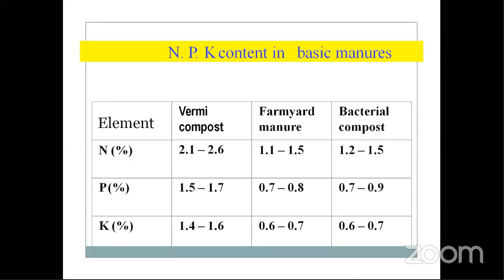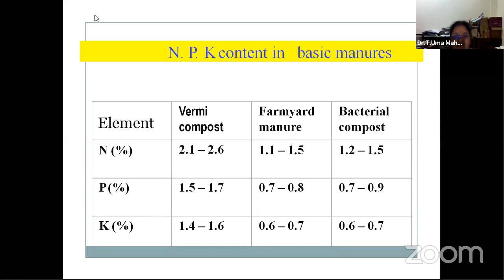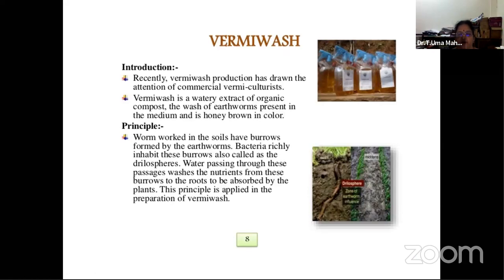So if you compare them, FYM in the middle, you have the vermicompost. You can compare here the quantity of nitrogen, phosphorus, and potassium, because these are the major nutrients required for the plants. They are always compared to the farmyard manure which we produce in the villages. When we compare with the vermicompost, it will be almost double, or more than that. It is produced from organic green waste. So that is why we strongly suggest the production of vermicompost. So that is about the vermicompost.